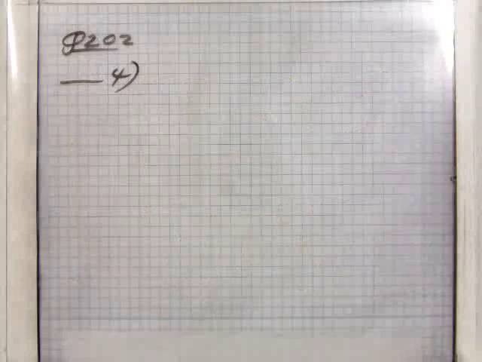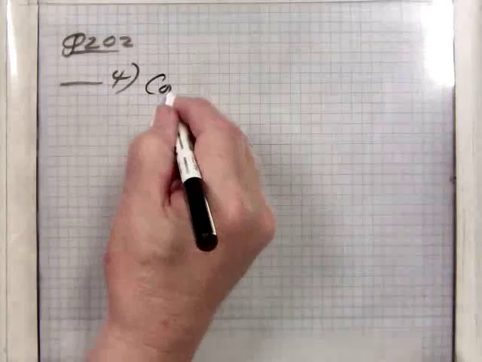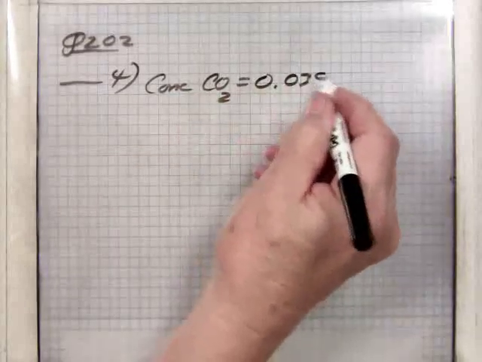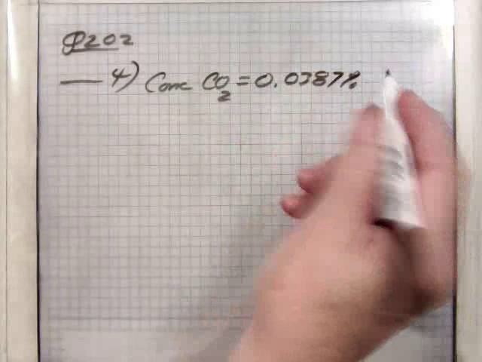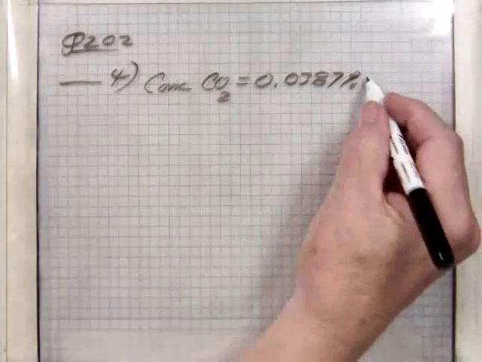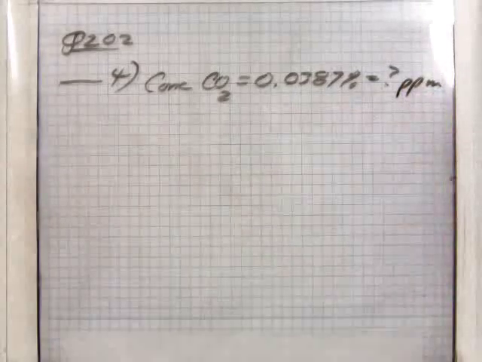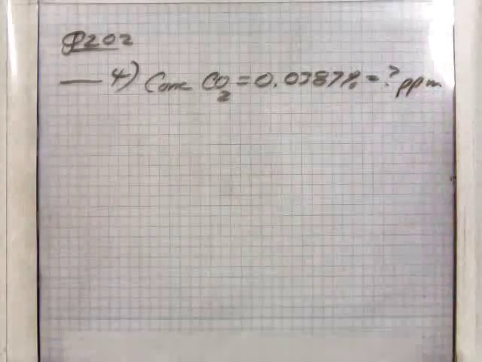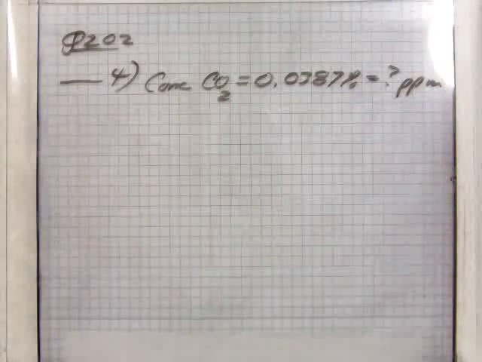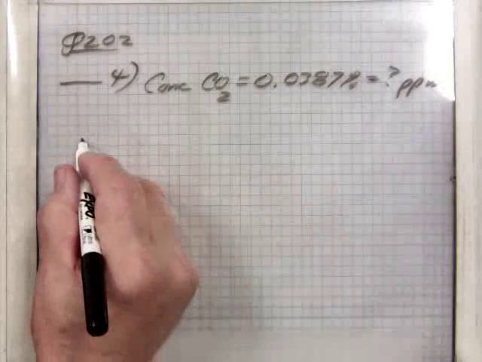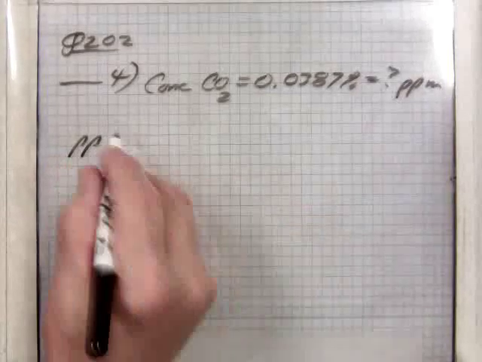Here's one. The concentration of CO2 in the atmosphere was measured to be 0.0387% percent by weight. That equals how many parts per million in that? So it's the same issue. Define what percentage means and then times a million. So the parts per million